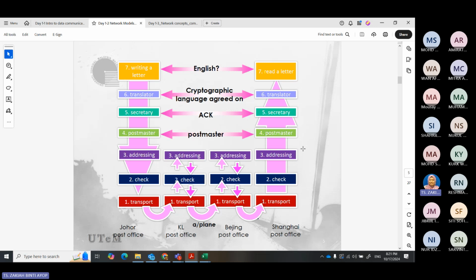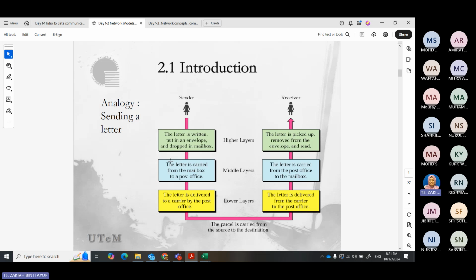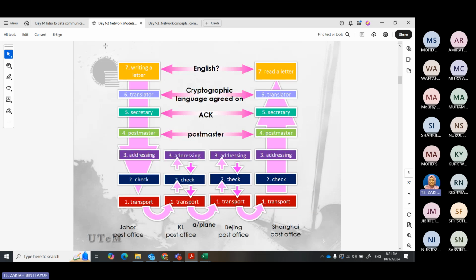So how many layers are needed in our communications? The analogy here represents posting a mail based on the OSI layers. The application is the top layer.